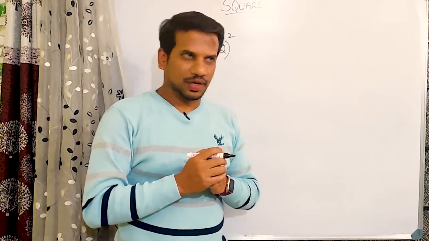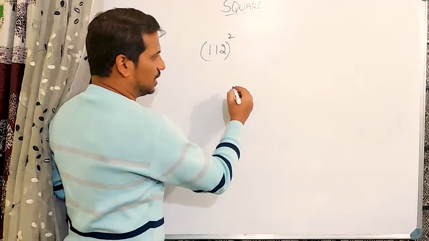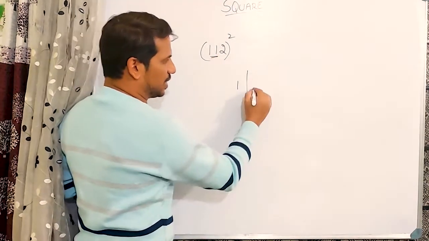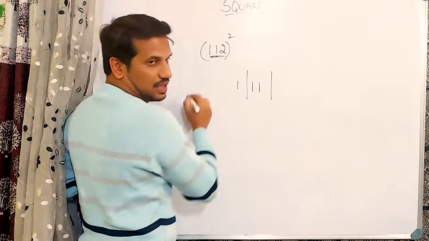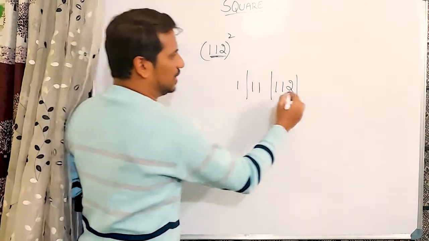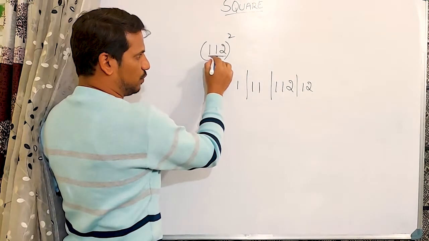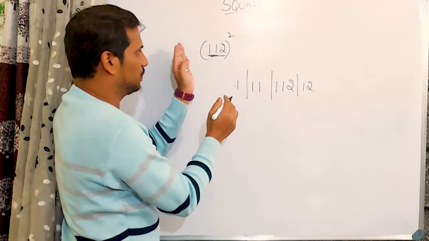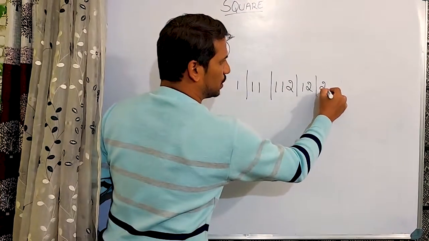Let's find the square of a number by using the duplex method. So we have 3 digits, and as I said, it has to be the duplex of 1. Then let's take 2 digits together, that is duplex of 11. Then let's take 3 digits together, duplex of 112. And then the last 2. So first number first, then first and second number, then first, second, third. Then let's leave the first digit, so duplex of 12, and then duplex of 2.